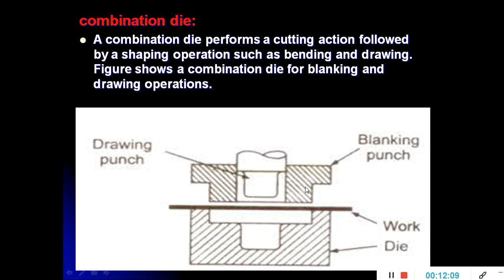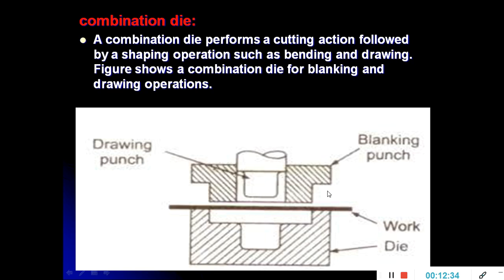So the blanking punch cuts the material, and further force applied by the drawing punch forces the material to draw into a die cavity. So it takes the shape of the die cavity provided in the die, and the sheet metal gets transformed into a curved shape as provided by the die cavity.